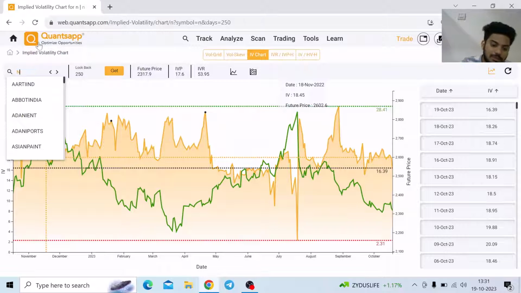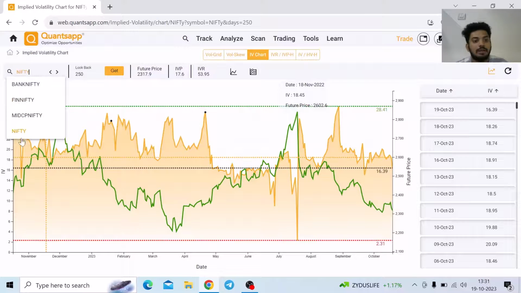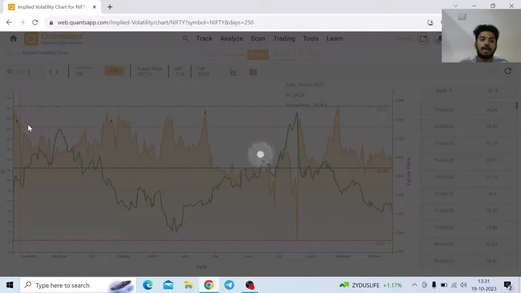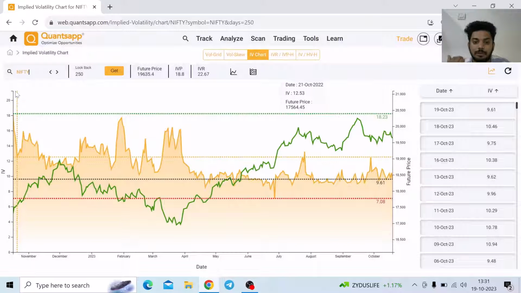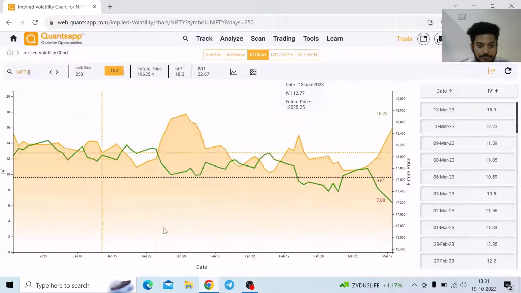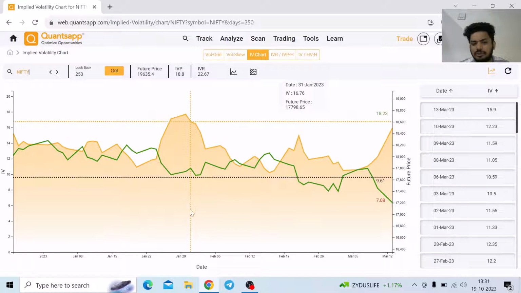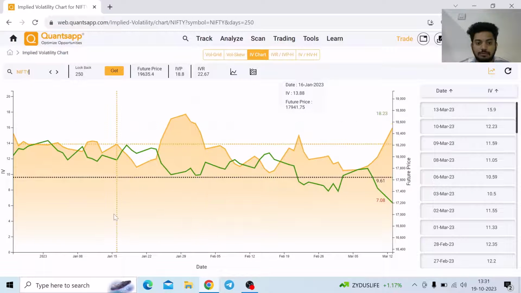So same is the case with Nifty, BankNifty, but we will have to wait for a major event to play out in the market, more or less something like Union Budget. So let me just show you that. So on 1st or 2nd of Feb, there was Union Budget announced. So what we can see before that is a huge spike in implied volatility, all because of budget.